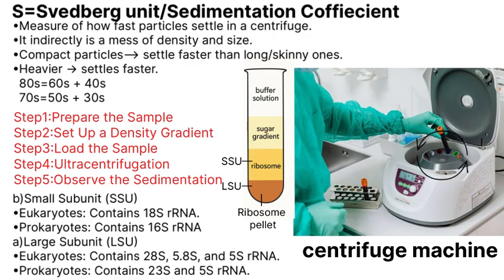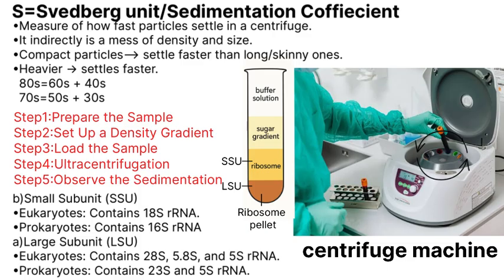You can clearly examine and measure the results yourself, not by putting it on a scale, but instead by observing how it behaves in the spinning environment, and you can calculate the S value from their weight and density based on its movement. The SSU, the smaller subunit, with the 18S or 16S rRNA types, where 18S is in eukaryotes and 16S is in prokaryotes, sediments less because it is smaller and lighter, staying higher in the gradient. You can see their location in the tube.